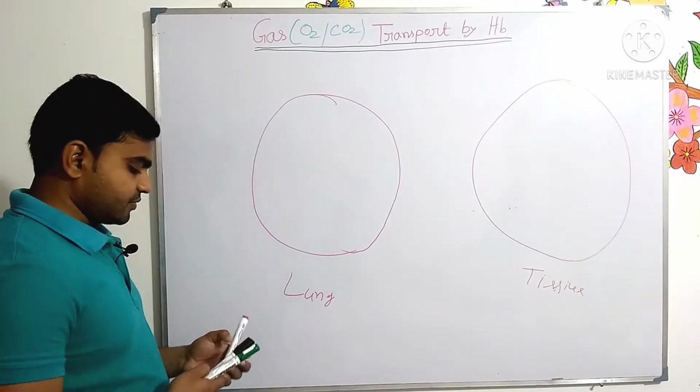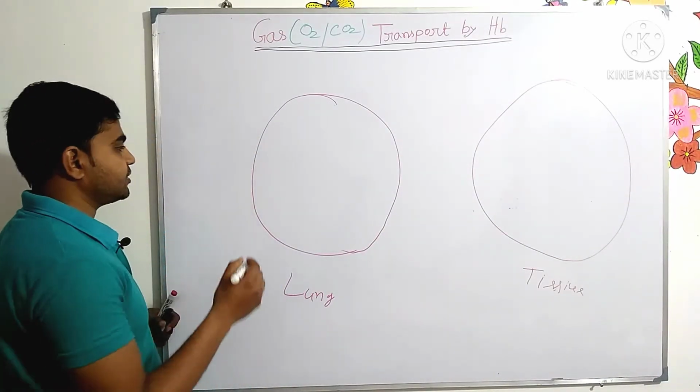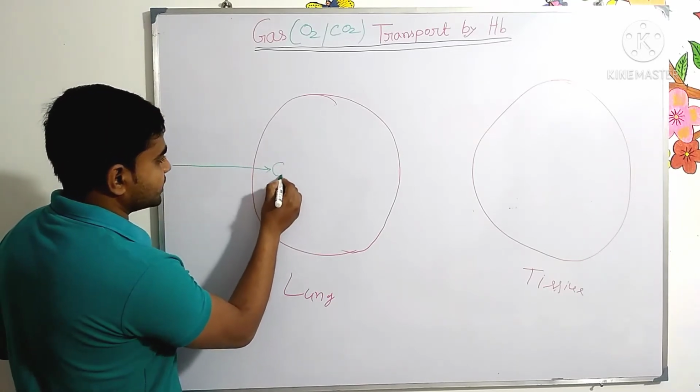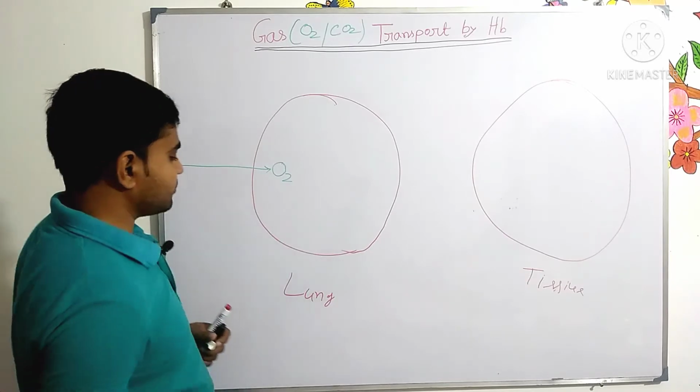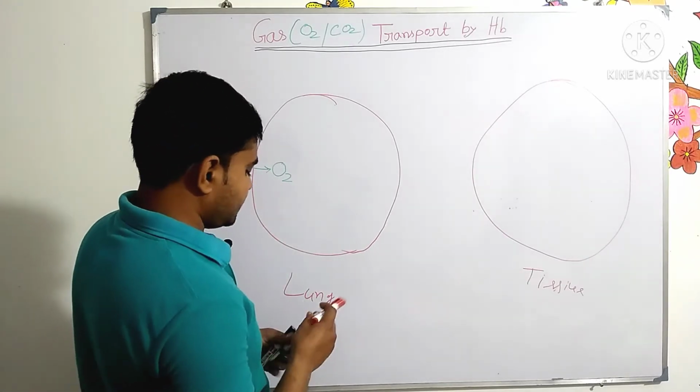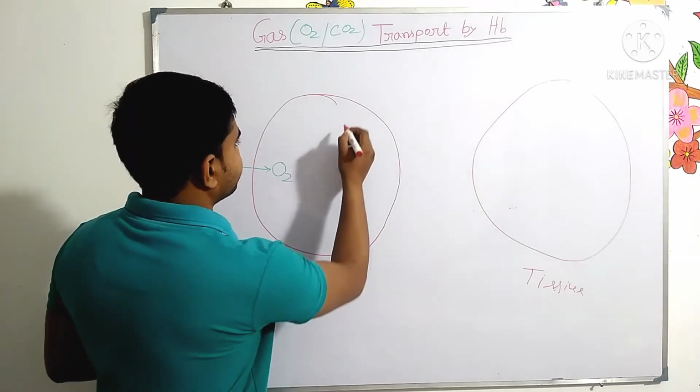What happens from the outside? From the outside, oxygen enters the lung, and here is present